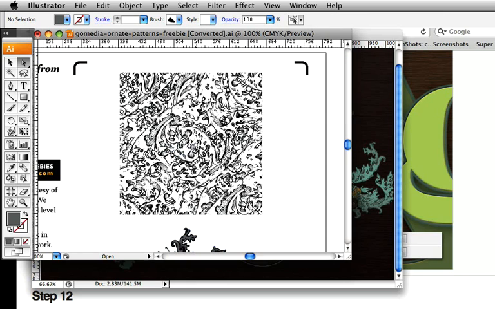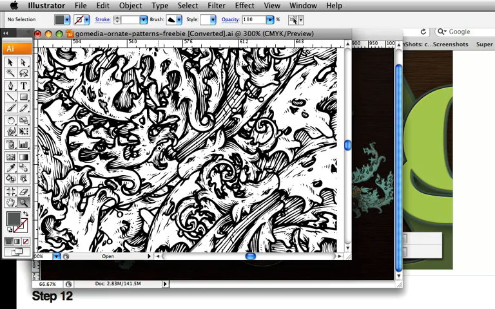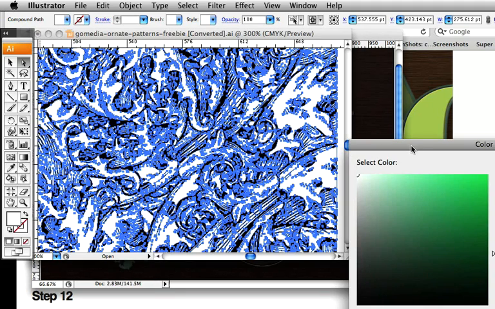So we're going to select that, and we're going to do pretty much the same way. We're going to fill in the white, so just going to zoom in. Grab an area of white, change the color